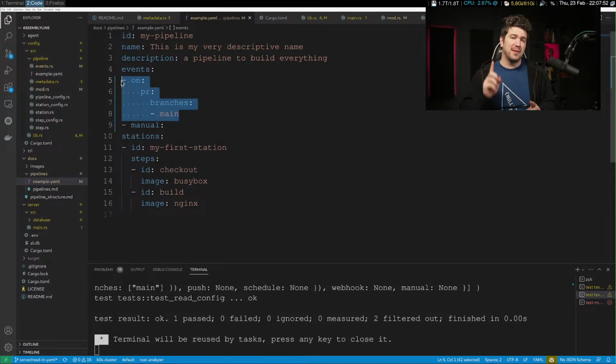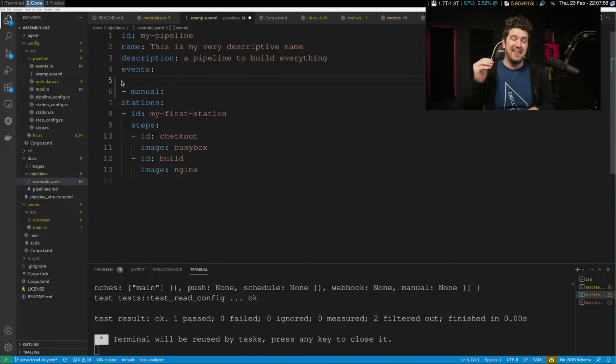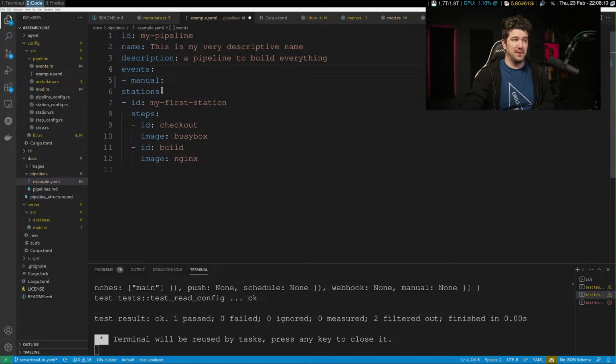I think it's about what if you have something that isn't designed to be run on an action, and all you want is for it to be manual. Then I think it's very valid to just have an event that's manual. This is something that you just manually want to run, even on the server. I think this is very valuable.